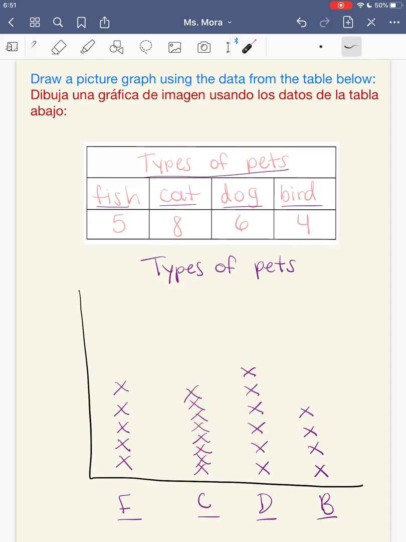But, okay, when I look at my picture graph, don't these two look like they're the same height? It looks like the same number of people like fish and cat, but that is not true because 5 people like fish and 8 people like cats. Okay, so make sure that you draw your X's